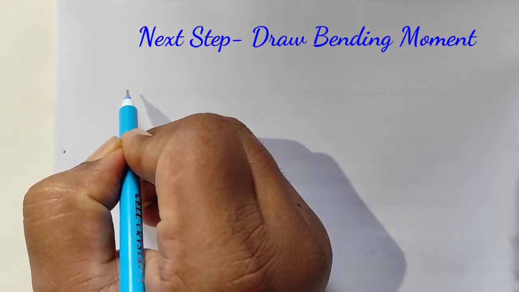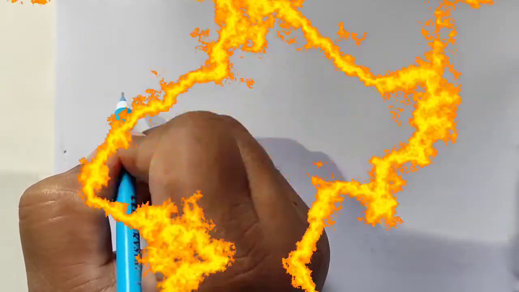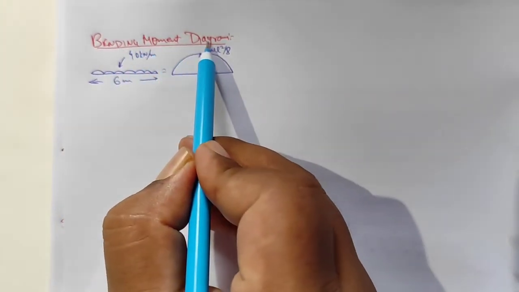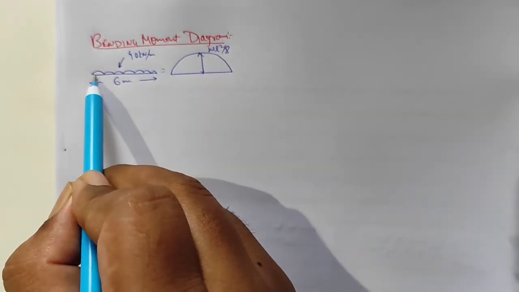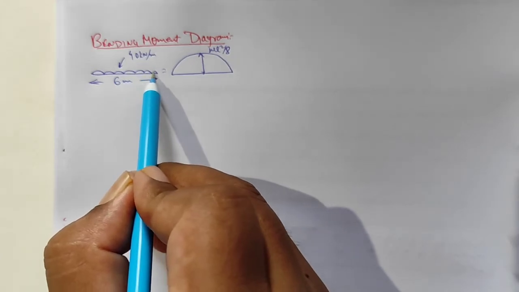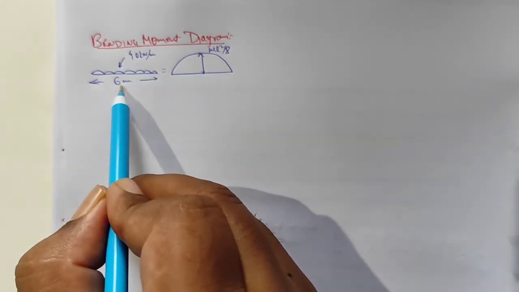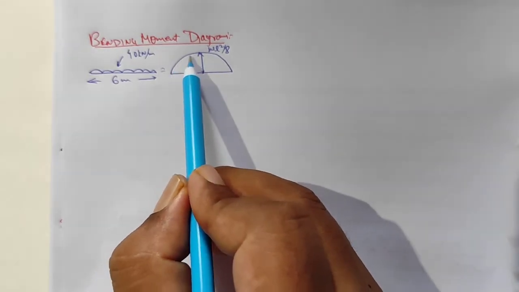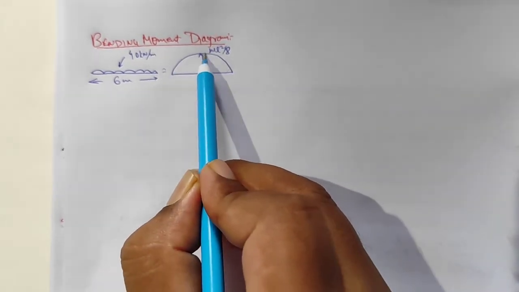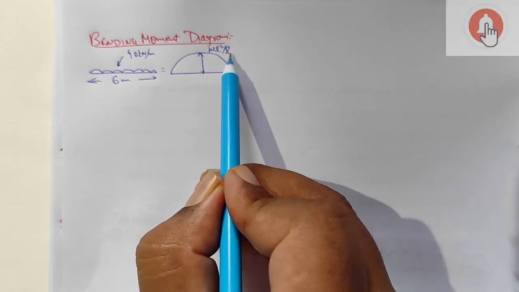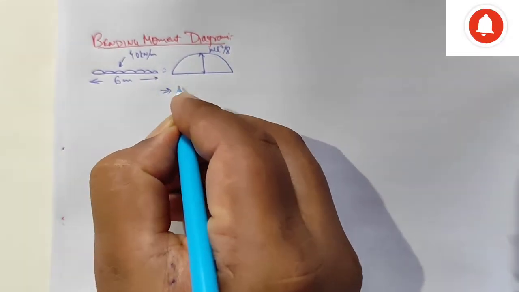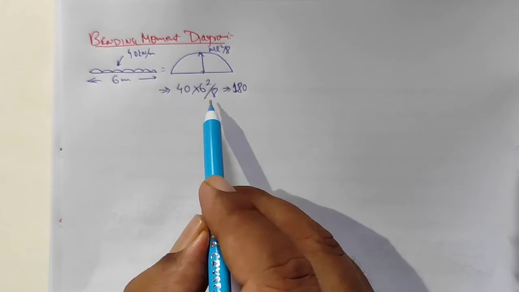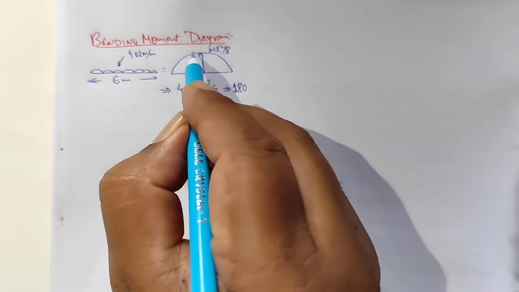After getting the final moments, our last step is to find out the bending moment diagram. So initially we know that the horizontal member is loaded with a 40 kilonewton and 6 meter length. We know that the bending moment is a parabola for a UDL and maximum ordinate value is WL square by 8. So here putting the value of WL square by 8 in the equation we'll get the value as 180 as our maximum ordinate.